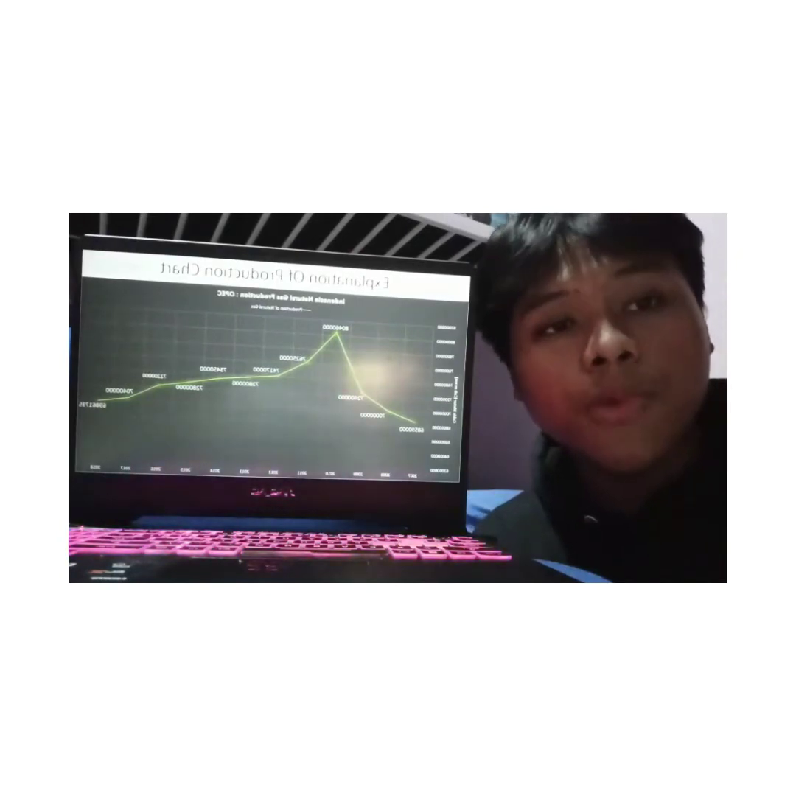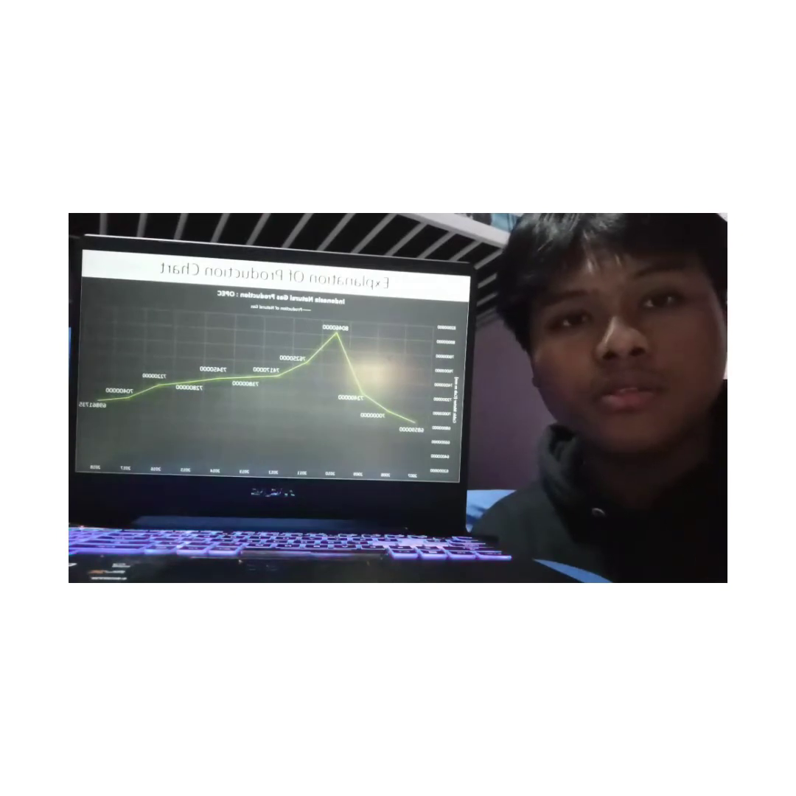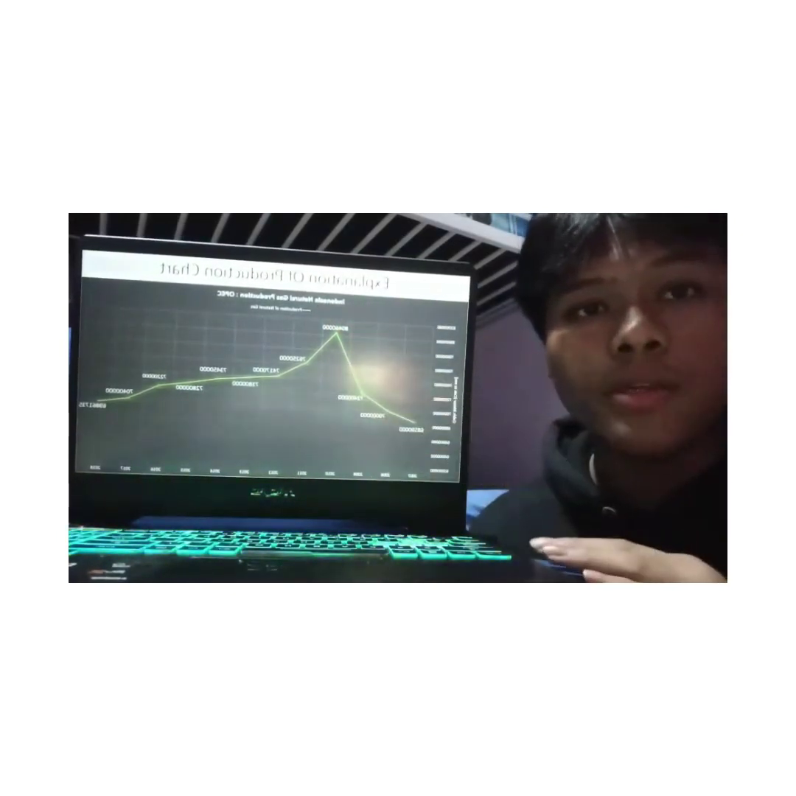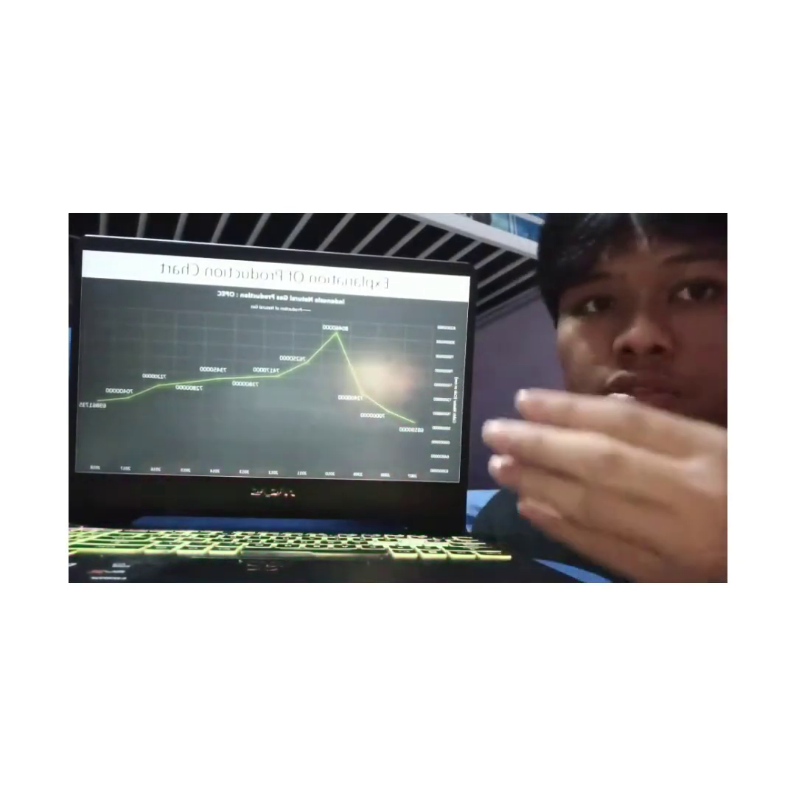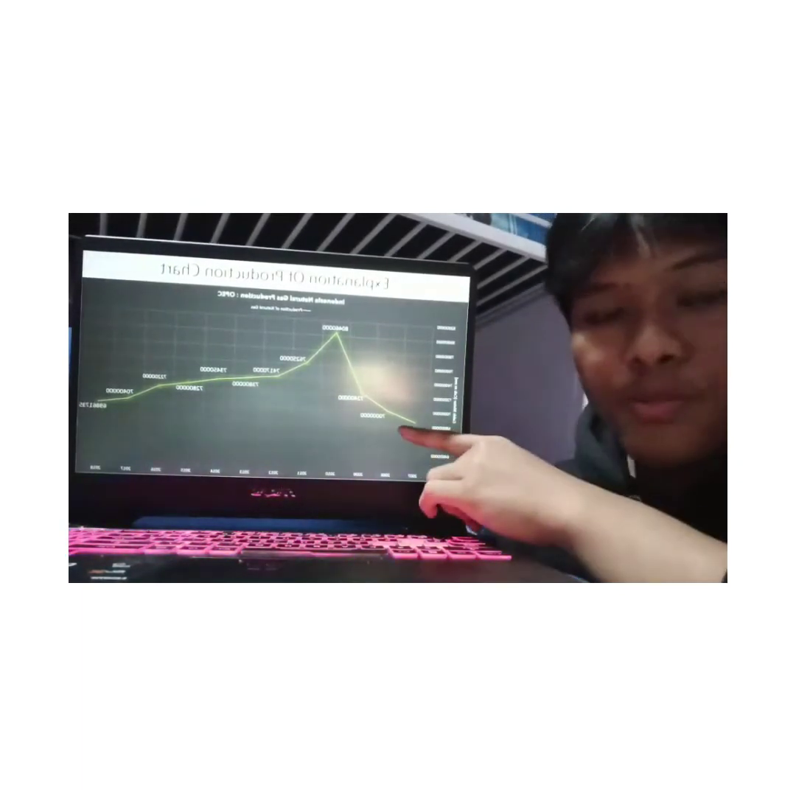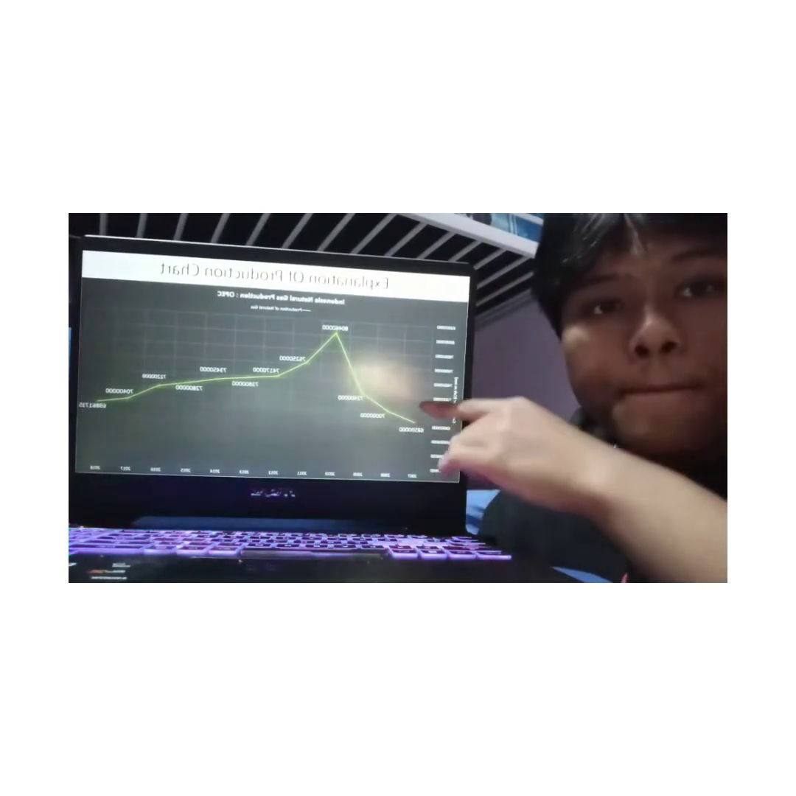So now I'm going to give you an explanation of a production chart. This is Indonesian natural gas production by OPEC. This line here is the production of the natural gas. The first one is here. It produced around 68.5 million